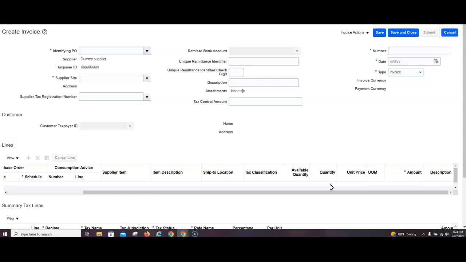So let's say, for example, you're authorized for 10 widgets and you're invoicing us for 5 widgets. You would delete the 10 and put in the